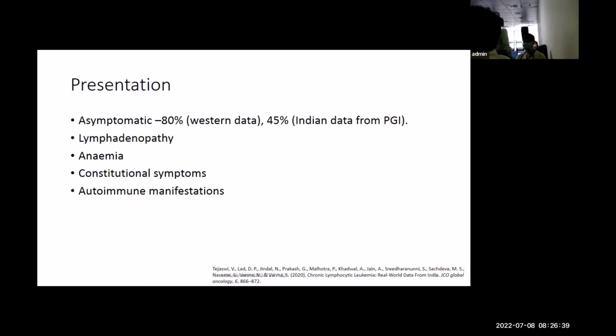Almost 5 to 10% of patients will present to your OPD with autoimmune manifestations only, and then they are diagnosed as CLL. Autoimmune meaning autoimmune hemolytic anemia, autoimmune neuropathy like CIDP, autoimmune skin manifestations like pemphigus. So the gamut of autoimmune manifestations can occur in CLL, and that can be the presenting complaint, as I said, in almost 5 to 10%.